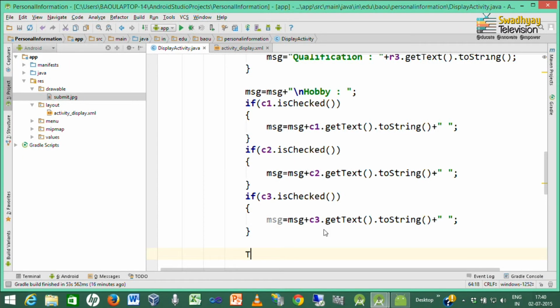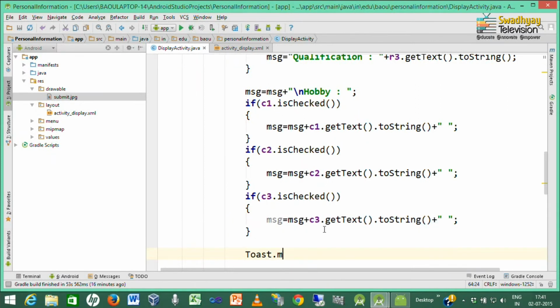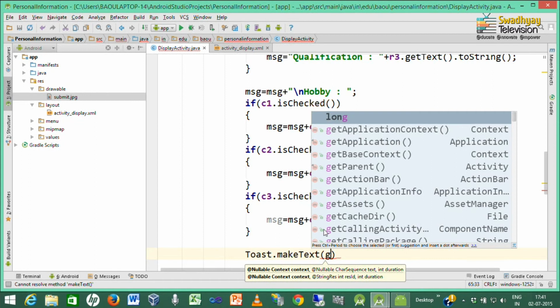So, we write Toast.makeText. Now, Toast is the name of a class and makeText is a static function, so we can call it by class name. Now, the first argument is a context.